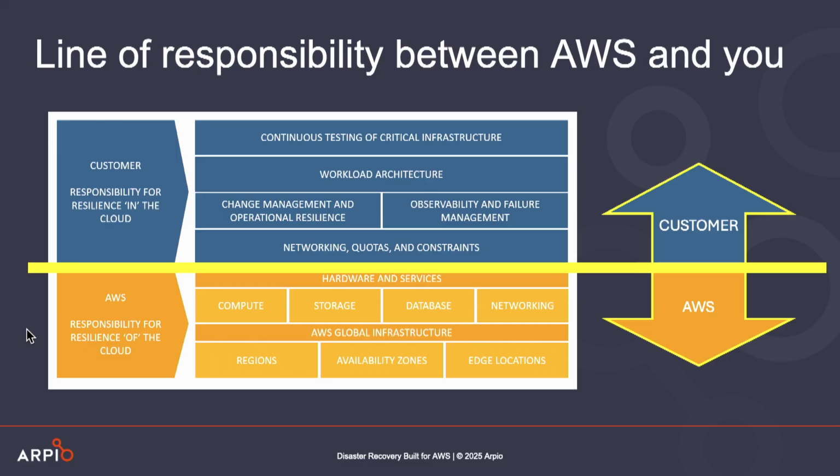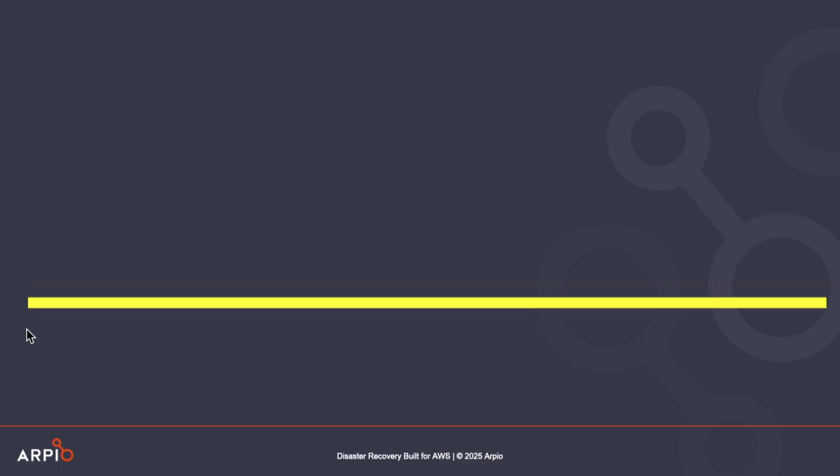So that's your responsibility. And when you look at this model, there's a clear line between what AWS responsibility is and your responsibility is. And this diagram would seem to imply that line's kind of static. It's always in the same place. But that's actually not true. The line can move. When the line moves down, that means AWS is taking less responsibility and you're taking on more responsibility, which doesn't sound like a good thing, right? So we want to avoid that. But let's see what that looks like. Let's move the line down.